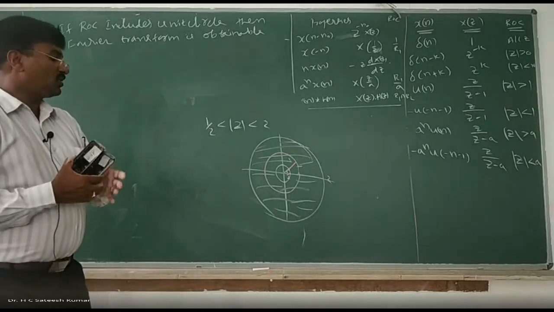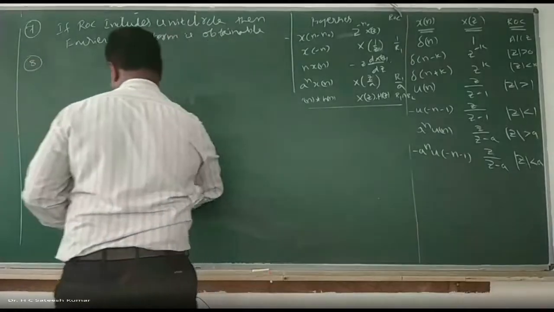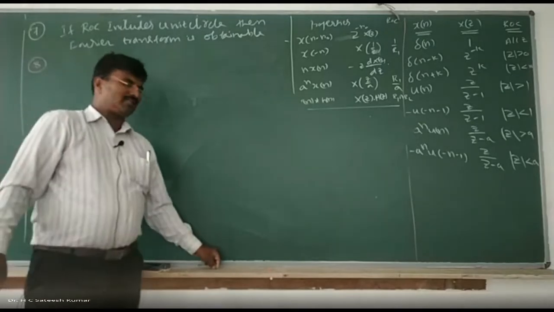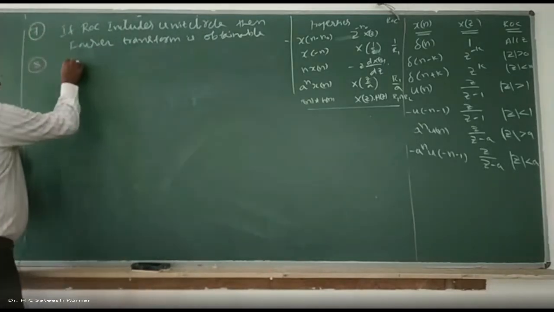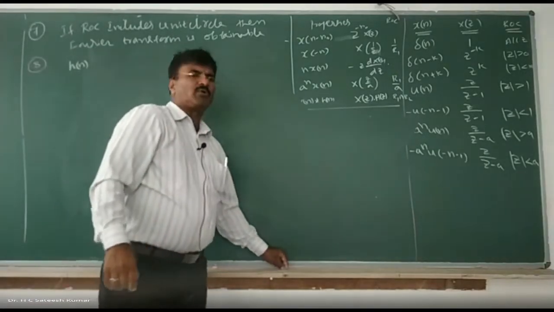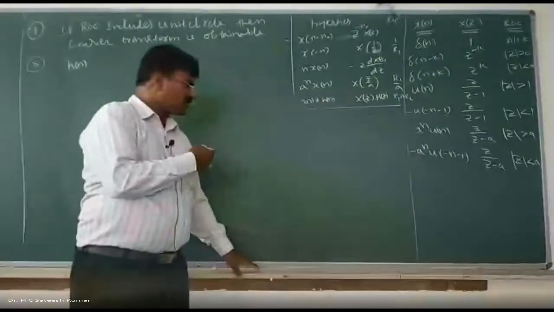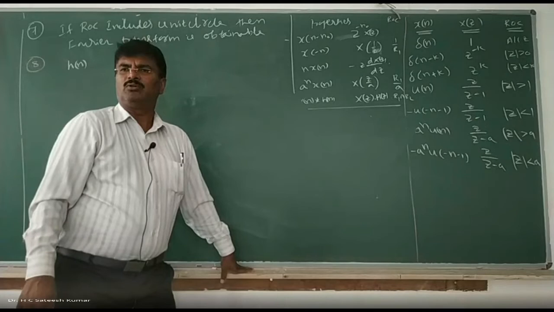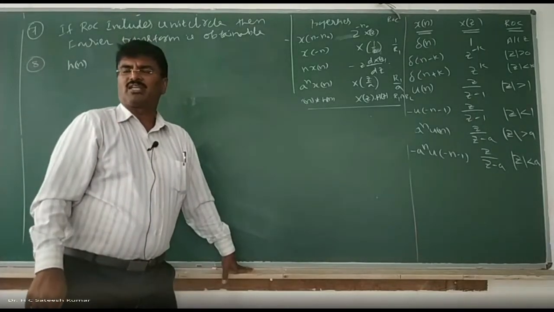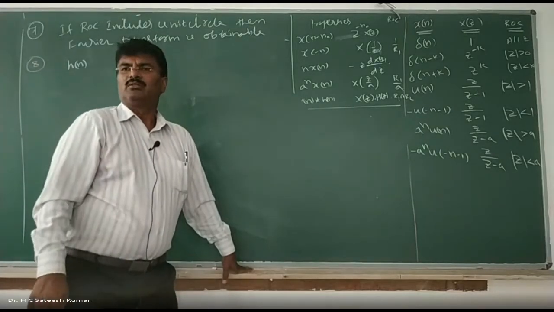That means the unit circle should be in the shaded region, right? That's what you should remember. If the Fourier transformation is obtainable, then only the system is stable. Let us say if I have h of n, see the different ways of finding the stability of the system. Starting from your control system, using root locus diagram, we can find the stability of the system. Using Z transformation, we can check the stability of the system. And in the second module, third module also I gave the condition: summation k varies from minus infinity to plus infinity, magnitude of h of k is less than infinity. Then also the system is stable.